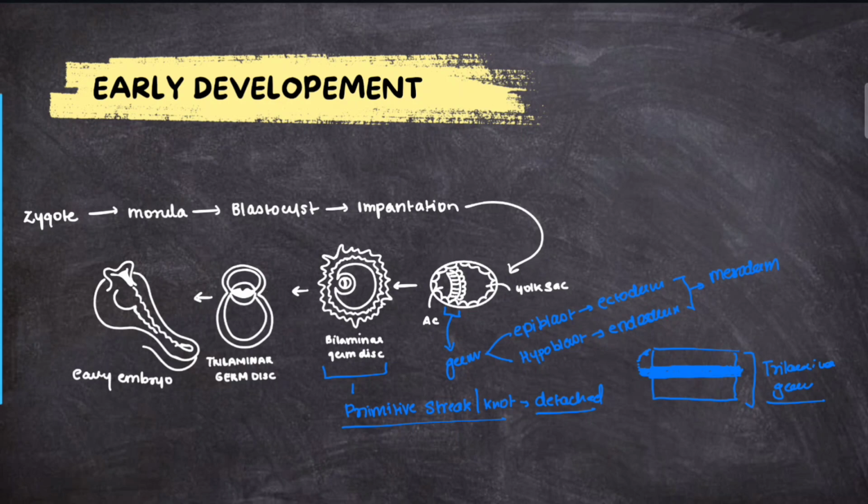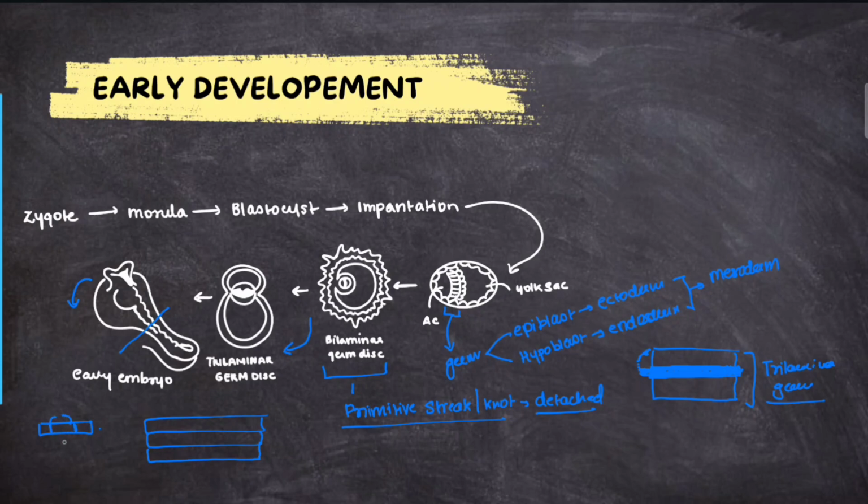Now you can see here, this is the next stage where a trilaminar germ disc is formed. If you cut this section, this is what you can see. There are three layers throughout the embryo. Now the next part will be the formation of the neural plate. The neural plate basically starts at the cranial end. Once there is a neural plate, the neural plate starts folding on itself to make